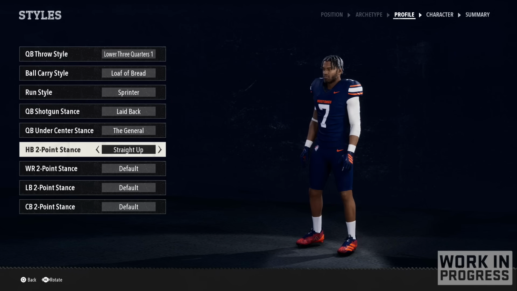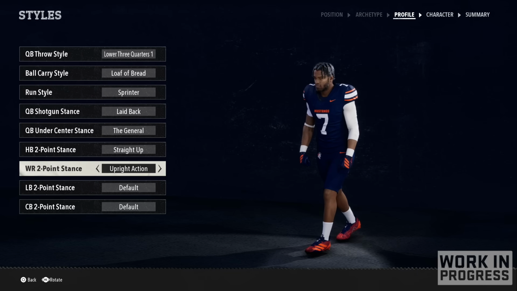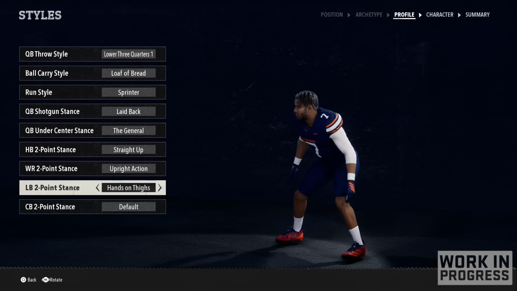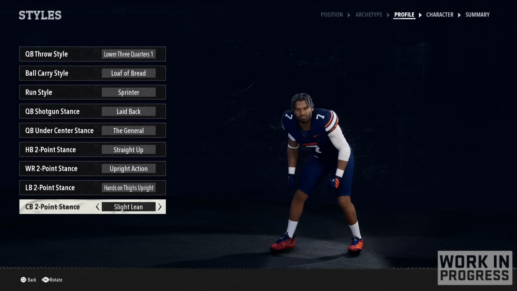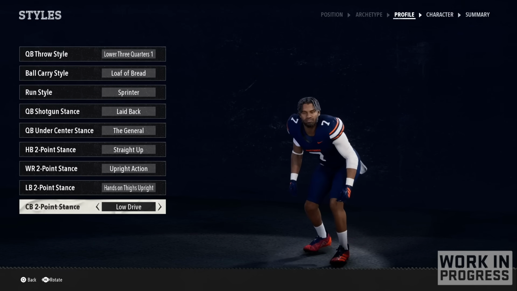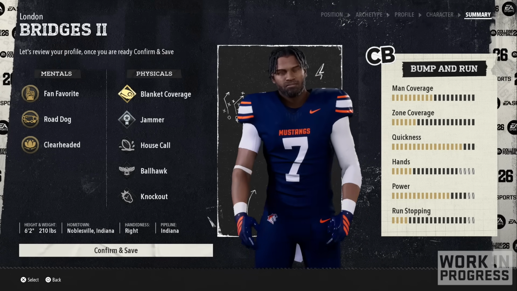And you can be the straight up stander in the backfield like Ashton Jeanty if you're a running back. You see, wide receiver has different stances, and we're about to get down to corner because, you know, ultimately that is what I'm gonna be. So we have wide base, low drive, slight lean, or default. Locked in. I'm gonna go with low drive, and we are finished with our player, 6'2",